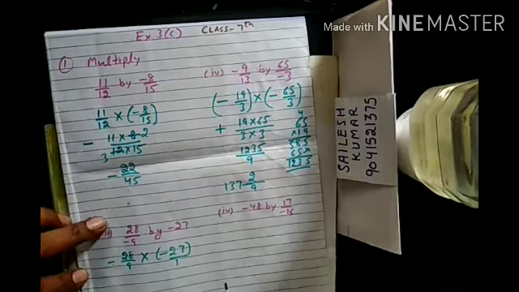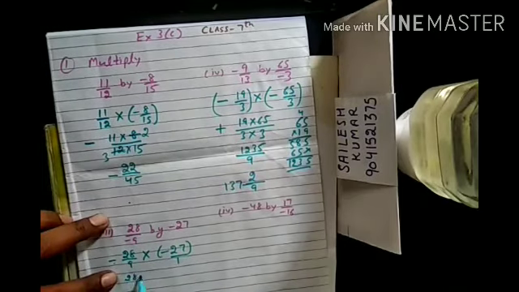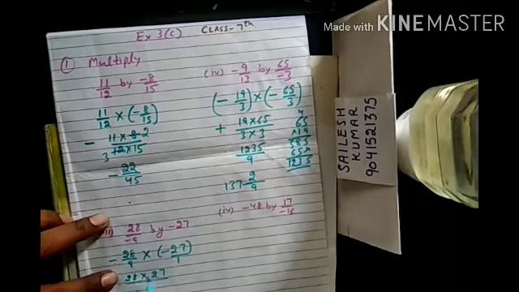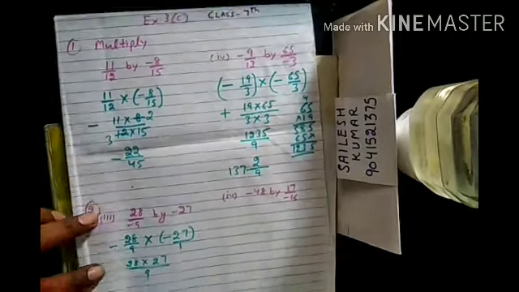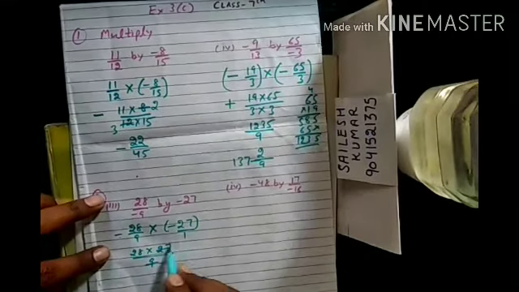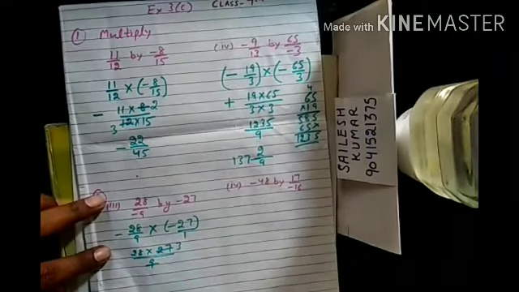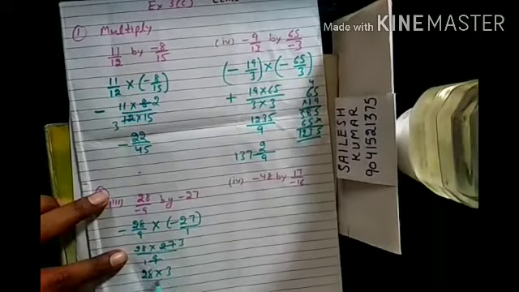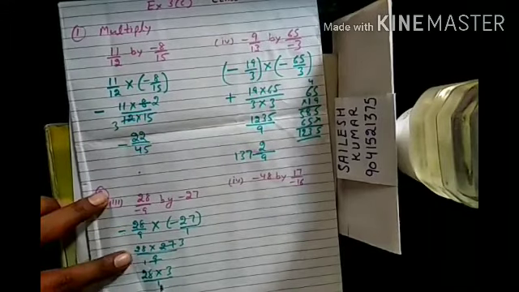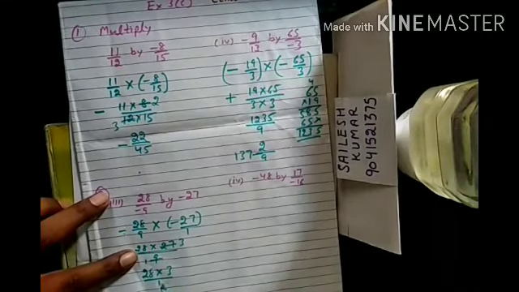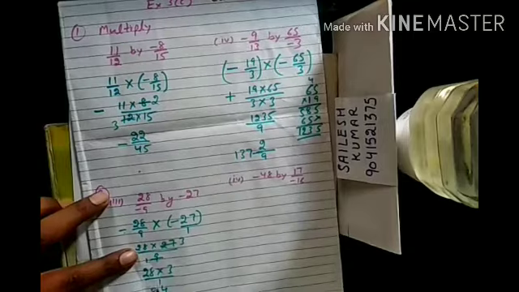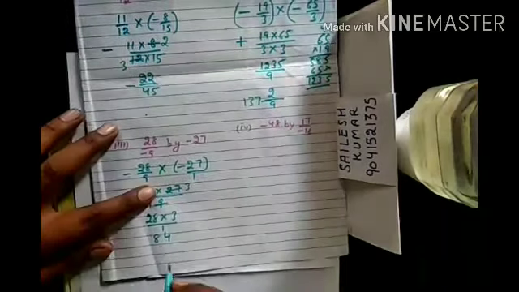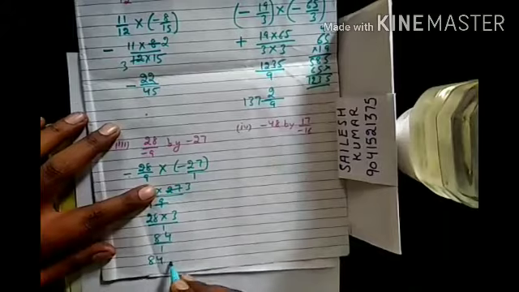So I need no symbol to write. Okay, 28 multiply 27 divided by 9 multiply 1, that is 9. Now you will see that 9 and 27 are divisible. So we get 28 multiply 3. Now 28 multiply 3, that is 8 3s are 24, carry 2, 2 3s are 6 and 2 8. In this way we will get the answer 84 by 1, that is 84.